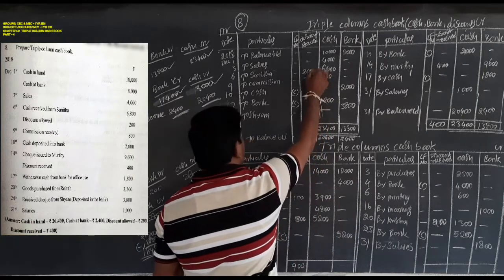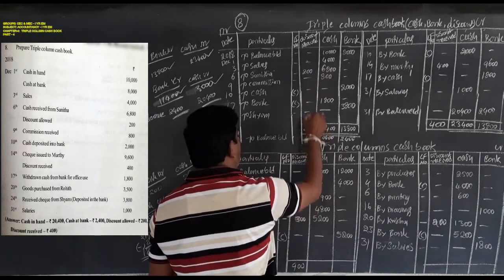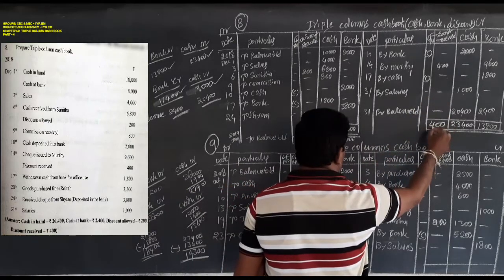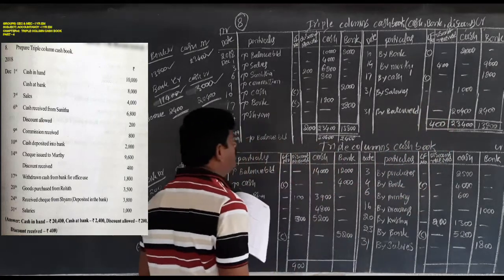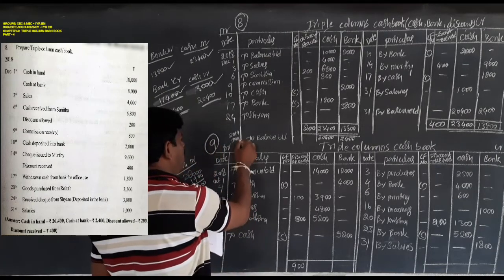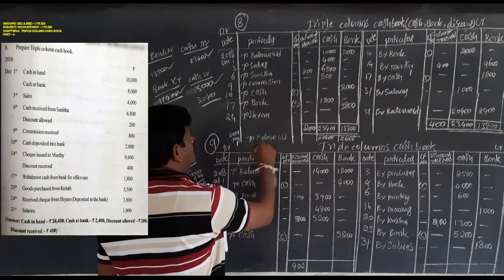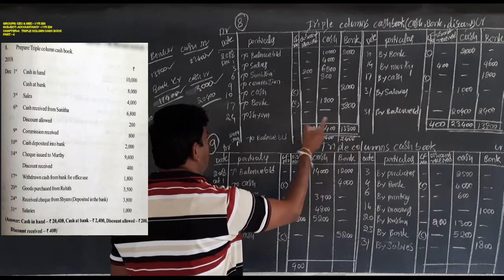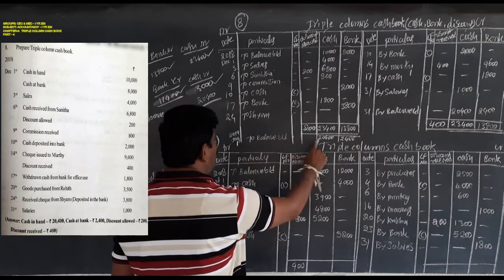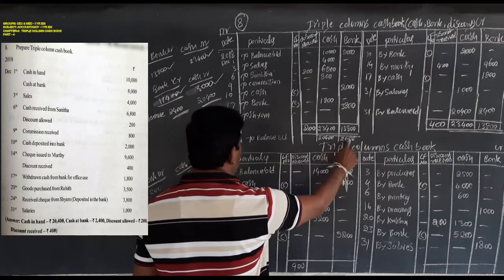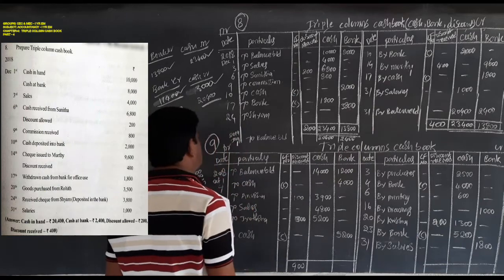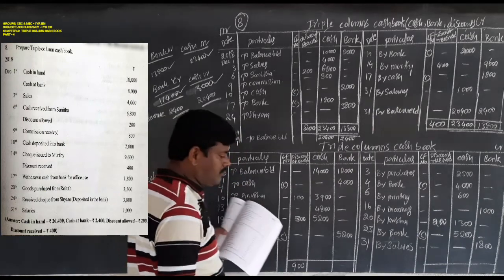Discount allowed total amount 200 rupees. Discount received total amount 400 rupees. And what is the next day? After December, January 1st. First, the same closing balances are carried forward to the next month's start. To balance brought down 20,400, 2,400. What is the balance on closing? December 31st. This is the 8th problem.